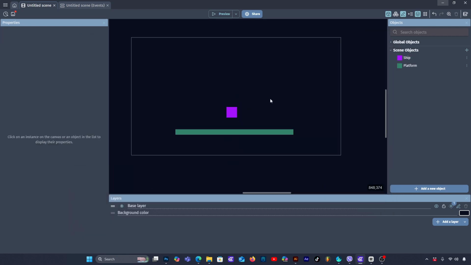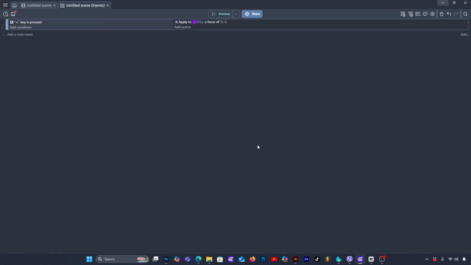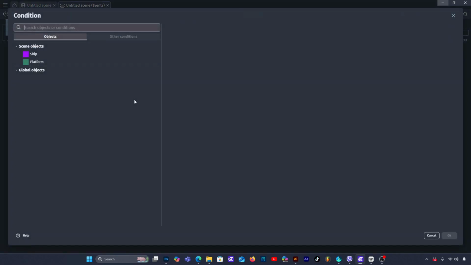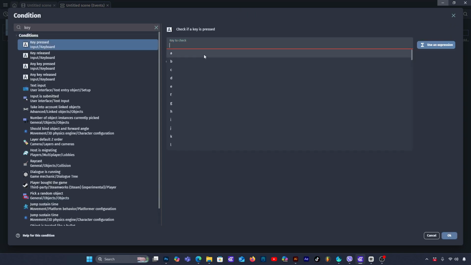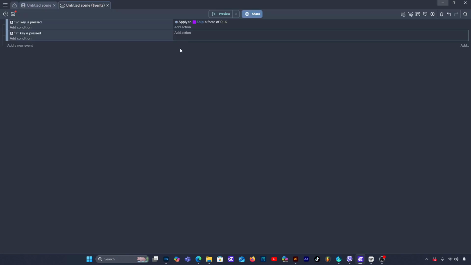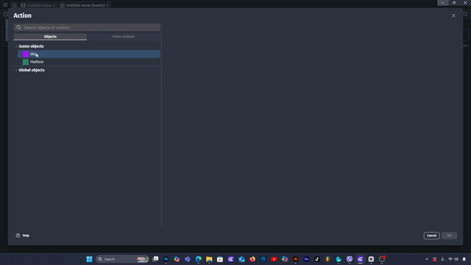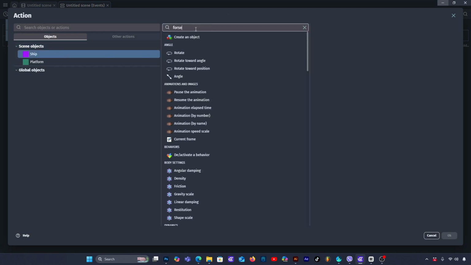Alright, now we want to make sure that our ship can fly left or right as well. So the way we're gonna do this, go back to our events, we add a new event, add a condition, search for key. So when we press A, we want our ship to fly to the left. So, okay. Again, we select ship, force,